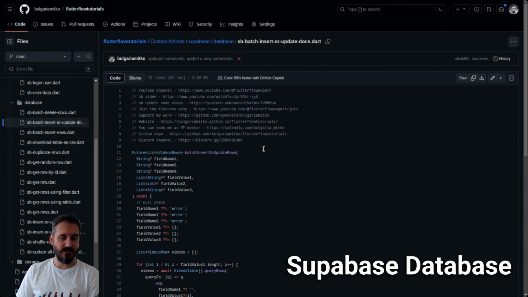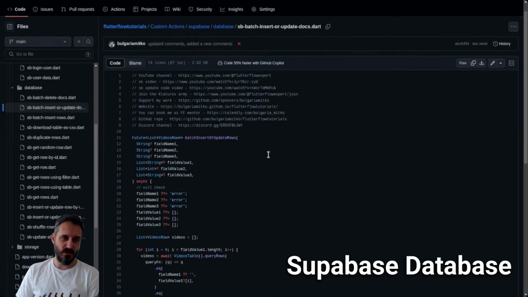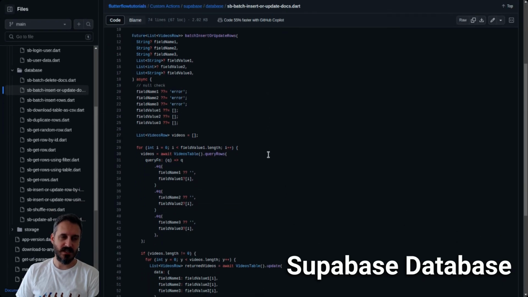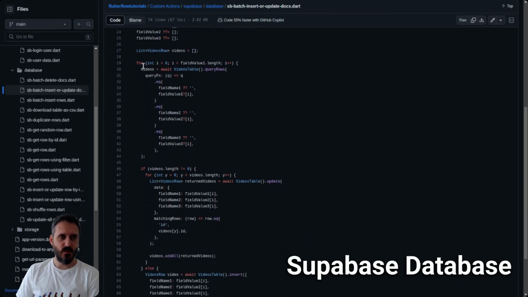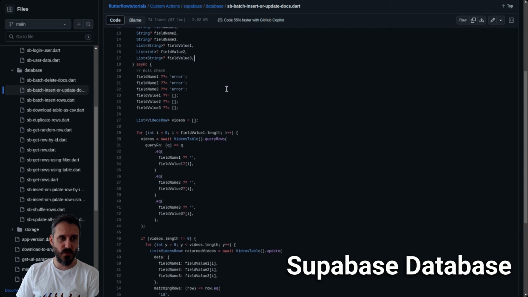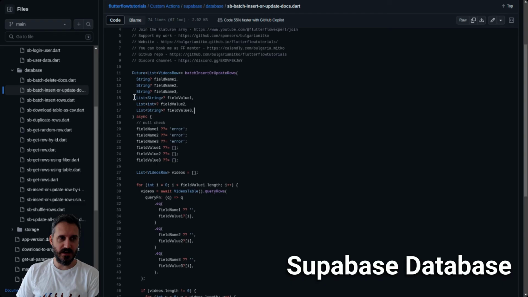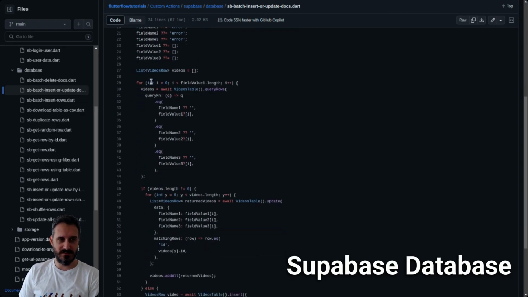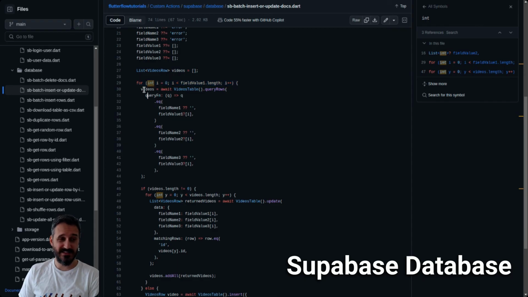And then we have batch insert or update documents. So batch insert or update documents is a little bit more complicated custom action, where we need the field name and then we need the field values. The idea is that we are looping through the fields. Those are actually lists. So it will be a list of strings and, in my case, a list of integers and a list of strings as well. So we're looping through the list, all the values,